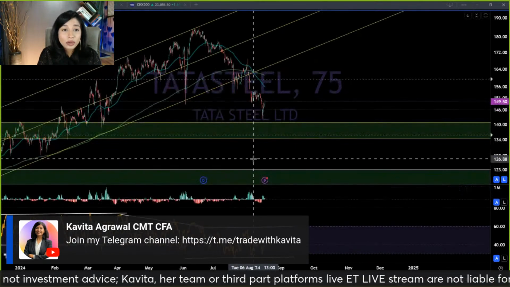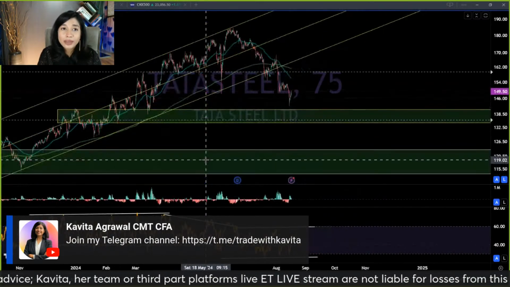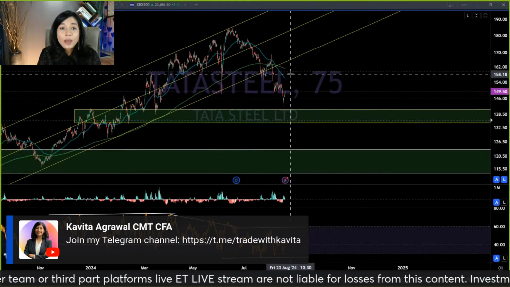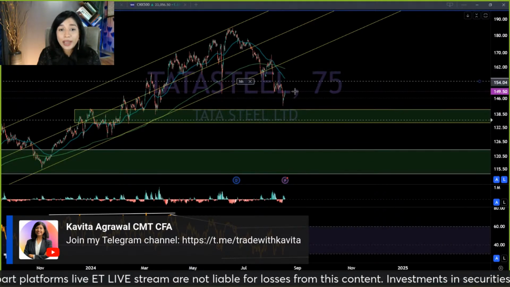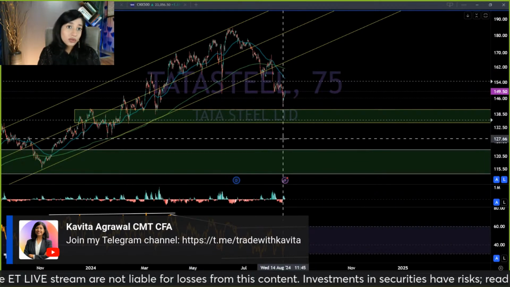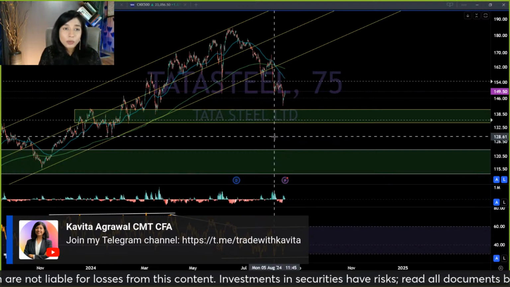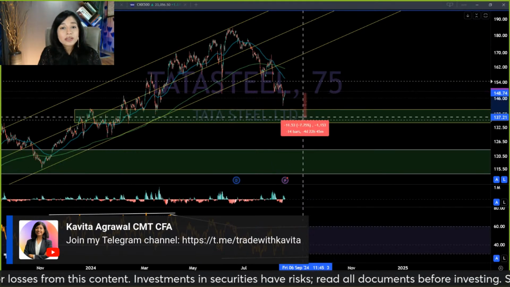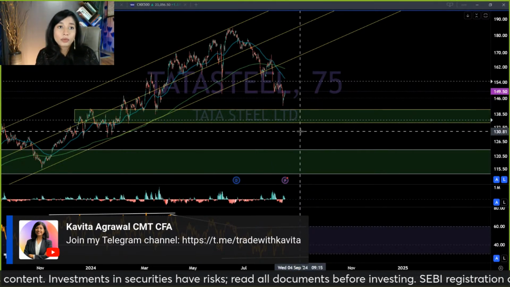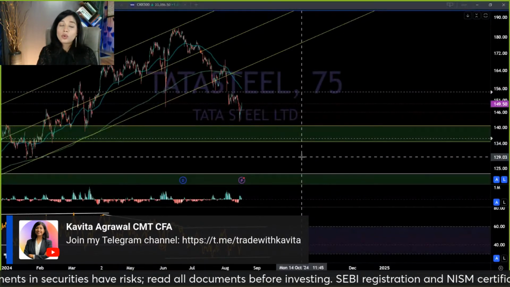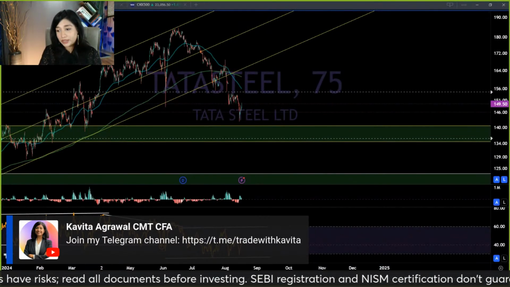So, I think from a short term perspective, Tata Steel is not looking that attractive immediately, but it pays to obviously follow this stock because the overall metal sector seems to be coming out of a correction. So, this is a stock which is suitable for the monitoring watch list, not something where you should execute a trade right away.